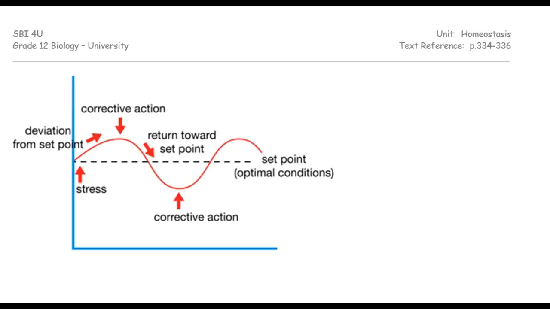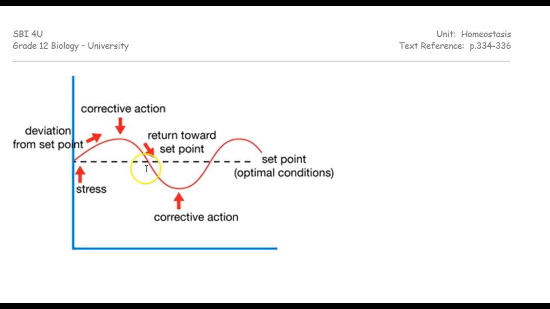So if we were to visualize this on a graph, we would see our set point as being the standard point right here. If we're talking about a thermostat, maybe that set point is 20 degrees Celsius, right? And if we see a deviation from that set point, in other words, the temperature in the room goes above where we would like it to be, then there's going to be some kind of corrective action. So maybe either your heater turns off or your air conditioner turns on until you reach set point